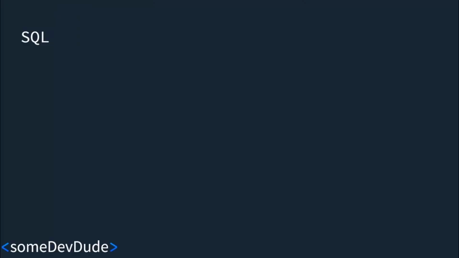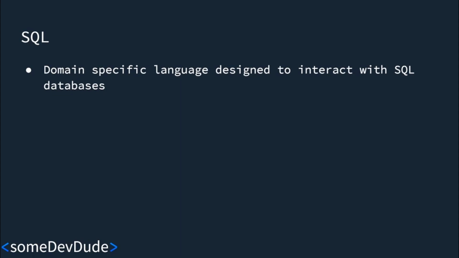As mentioned earlier, SQL is an acronym for Structured Query Language, which is a domain-specific language designed to interact with databases. By domain-specific, I mean its sole purpose is to interact with databases to help create data, read data, update data, and delete data. There is a bunch of functionality which would require an entire series to go through, and I'm going to admit I'm not the biggest master